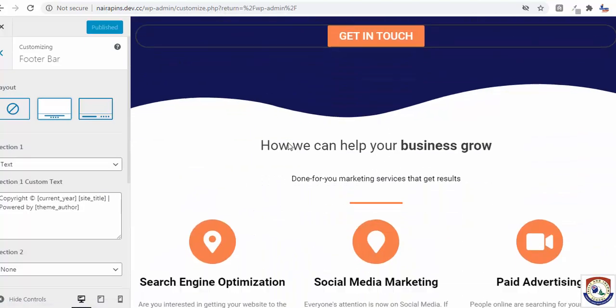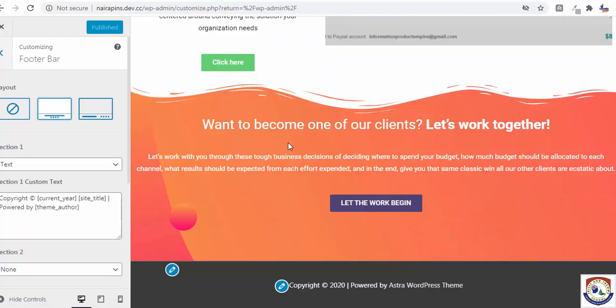So you can just scroll down. You see this copyright notice powered by. Can you see powered by Astra? So you can just put your name, powered by Naira Pens. So we have done that. Okay, powered by Naira Pens, publish.